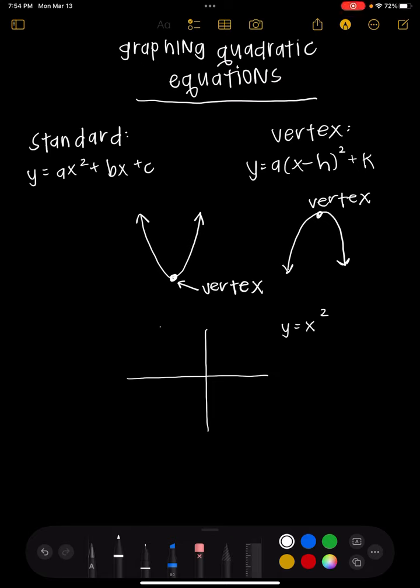Hi everyone, today we're going to be talking about how to graph quadratic equations. This is the first video in the lesson, and this whole lesson is about quadratic equations. The quadratic equation just has the highest exponent as a 2, so it's got that x squared somewhere. That's how it's shown algebraically. And so that's what we're going to be dealing with this entire lesson, but the first video is all about